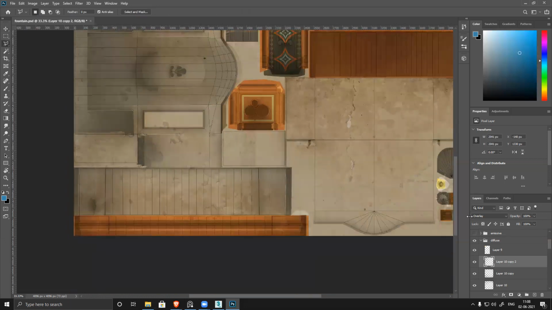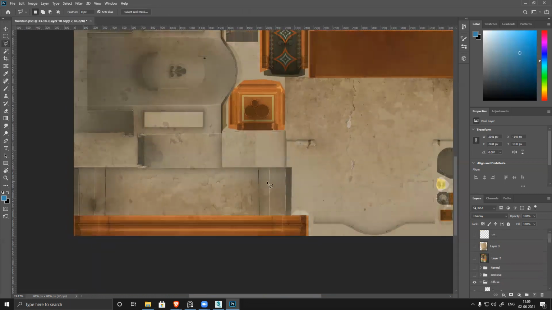I'll blend. Let's check how it looks. If I want, I can double it also. Double is too much dirty.